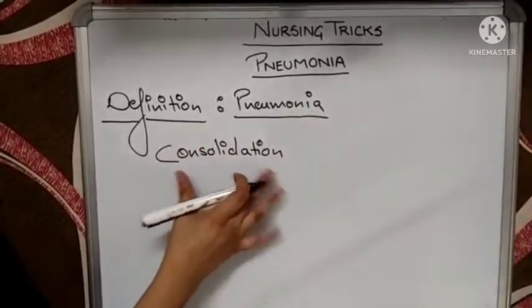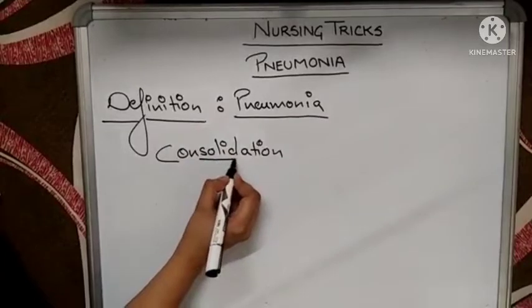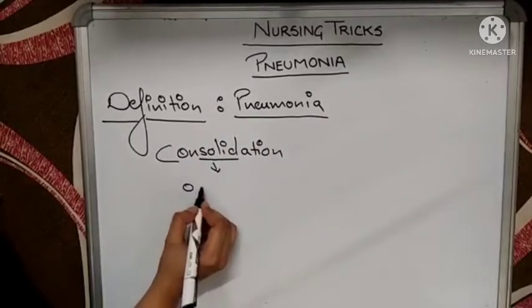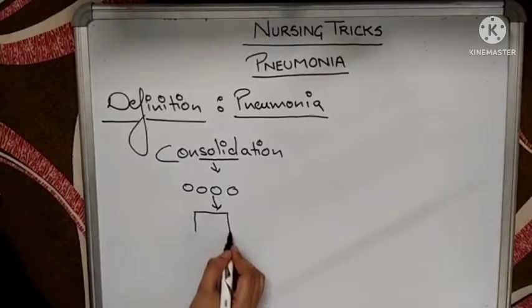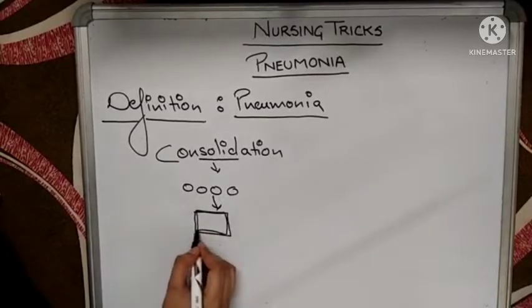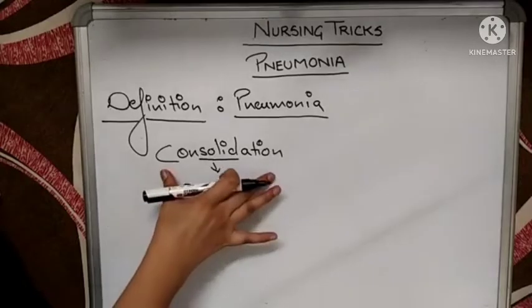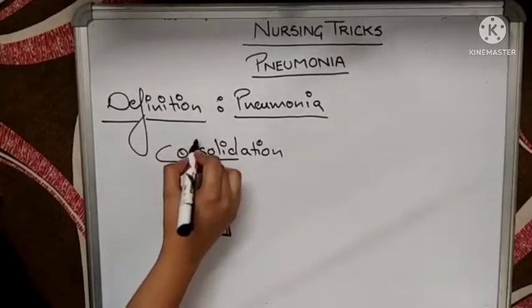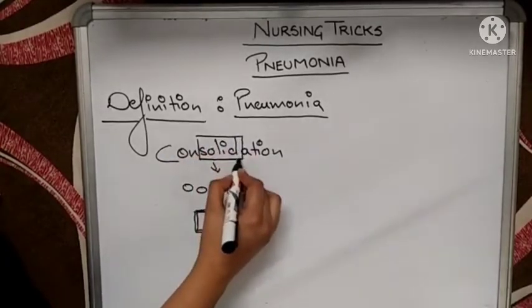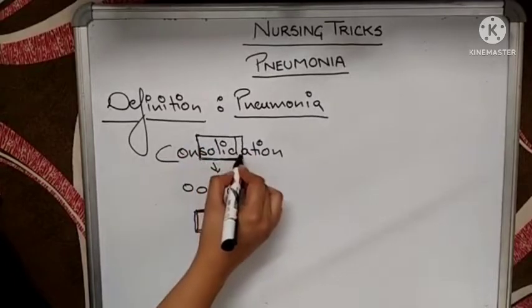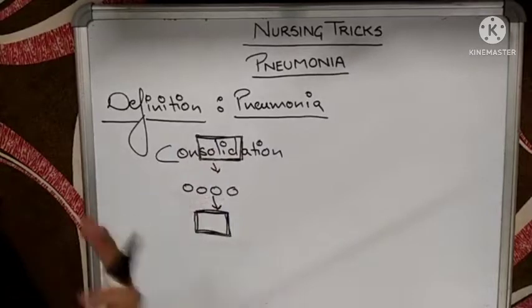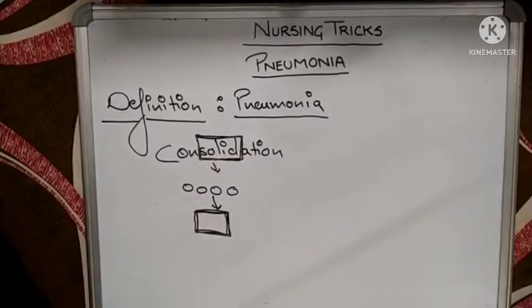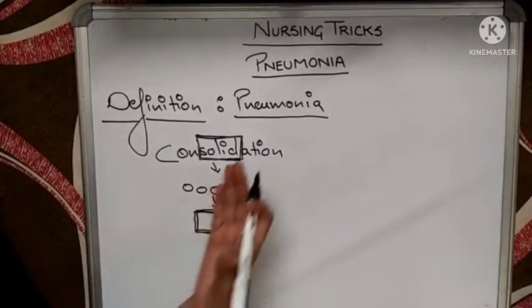Consolidation means a process in which two or more things come together to form a solid thing. In this word you can see the word solid, which means that something solid is getting formed in your lungs, which is leading to this particular